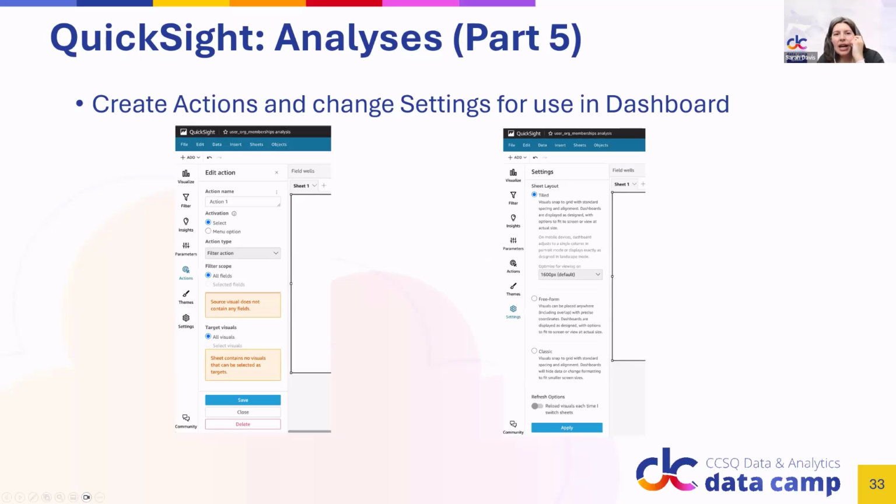All right, and you can create actions, and then you can also change the settings for a dashboard. So actions are ways that you can apply different controls across multiple sheets, so that if a user on the first sheet filters for something, you can apply that filter throughout the rest of the sheets. And if you ever want to come back, when you selected the tiled layout at the beginning, if you want to go to freeform or classic, you can come back in and edit all of those changes, play with them around in this section for settings.